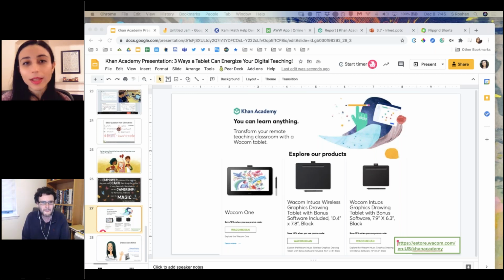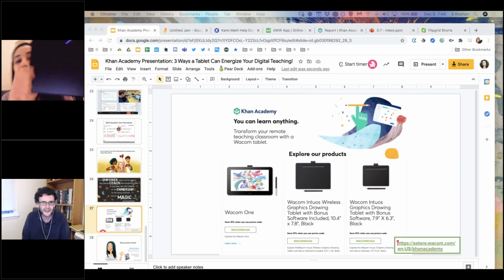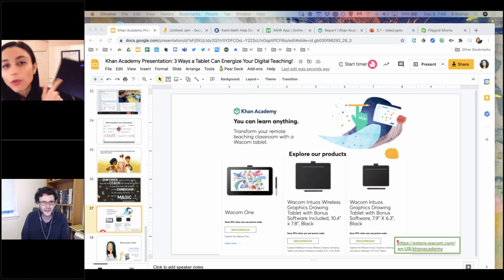It does take about a month to get used to it, to get used to where you're writing on the screen. You're not dragging it like a mouse, but you're actually just writing on the part of the screen. But once you get used to it, and you can't see, but there are these little grids on it too. So it's easy to align and write straight. It's really helpful to have those little grid lines. I use it a lot.